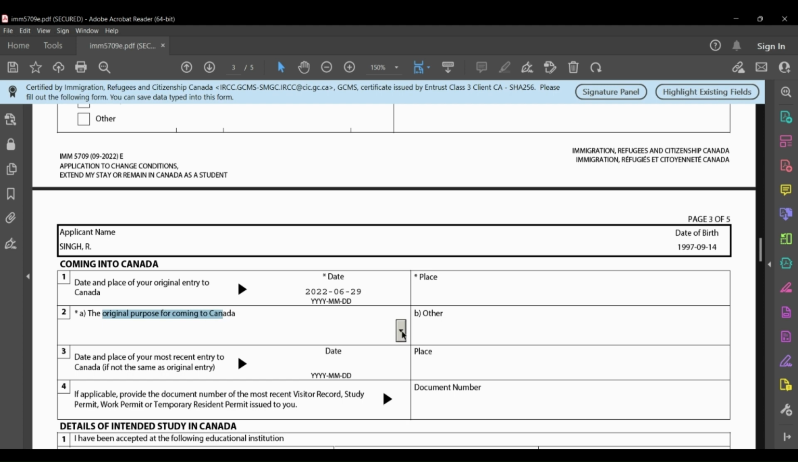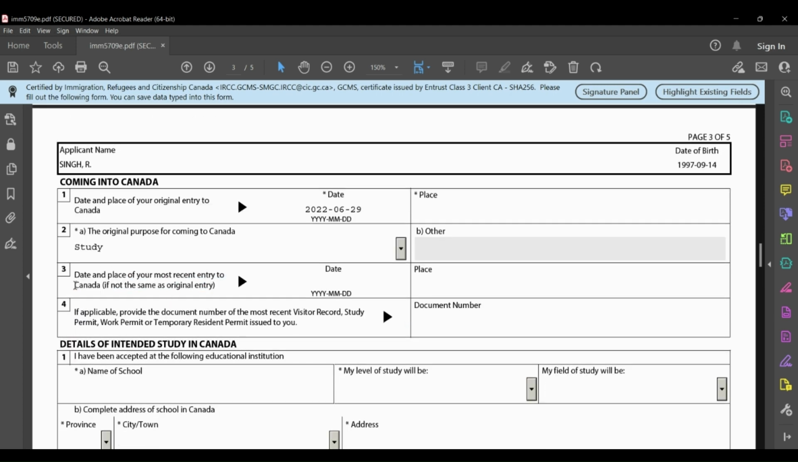Then it says original purpose for coming to Canada. So from this drop down you can select study over here. Then date and place of your most recent entry to Canada, if not the same as the original entry. So basically, in between, if you went to some other place or you went to your home country, in that case you can select the date, and again you can mention the